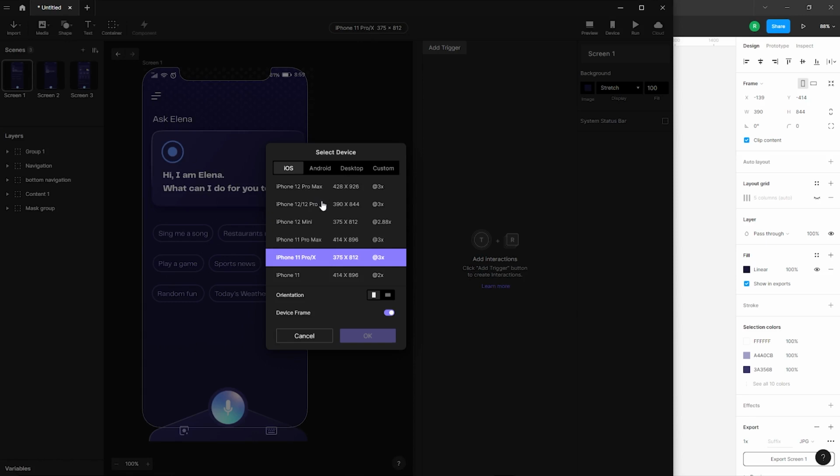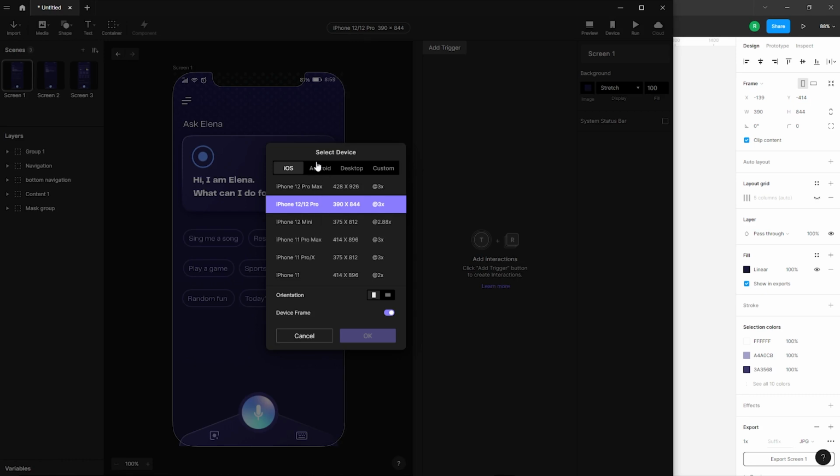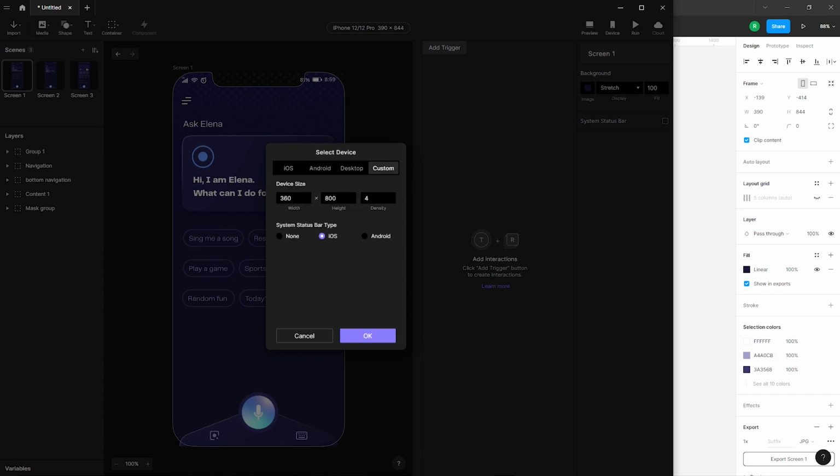So from here you can change the device type. If we select iPhone 12 Pro and hit OK, then the content fits the screen. We can select from a wide range of devices like iOS, Android and desktop, as well as set custom sizes. I would like to go for a custom size with a width of 390 and a height of 844